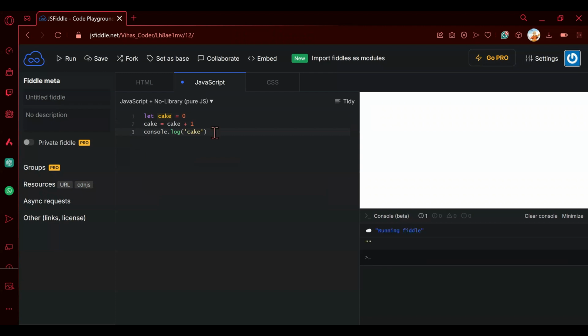Okay, then this, enter. Now in the first line I'll write function